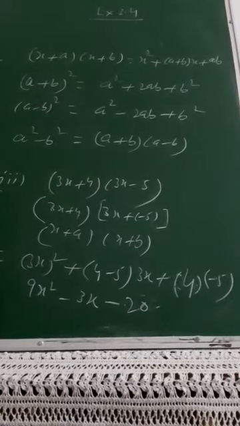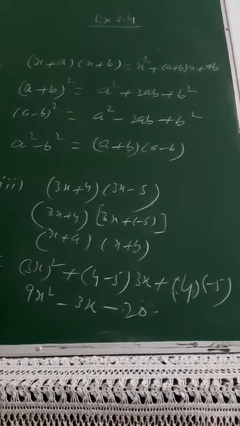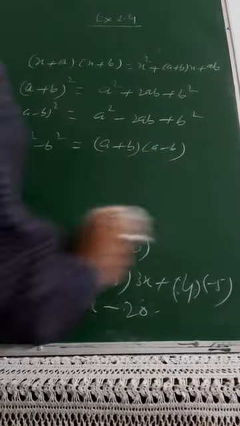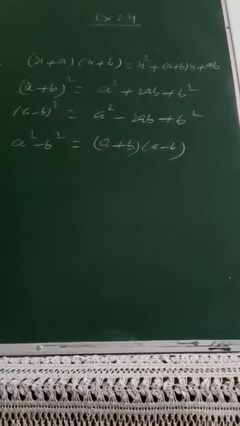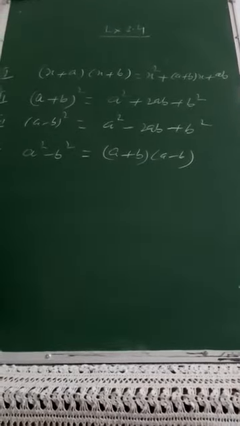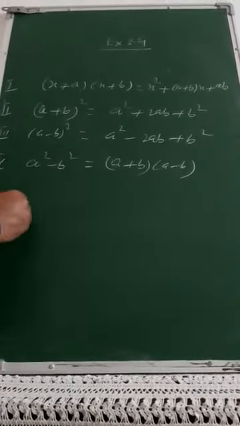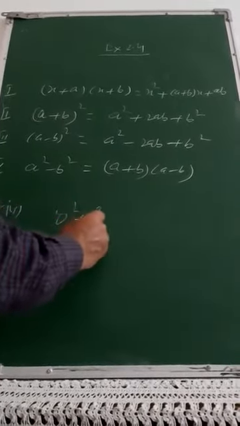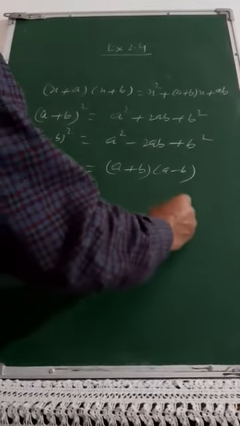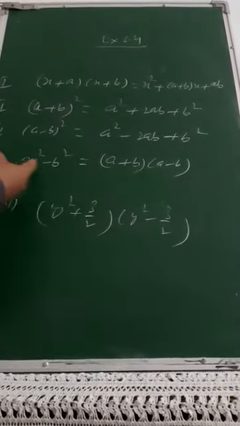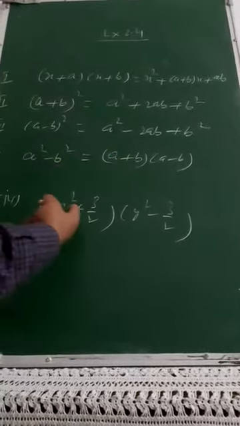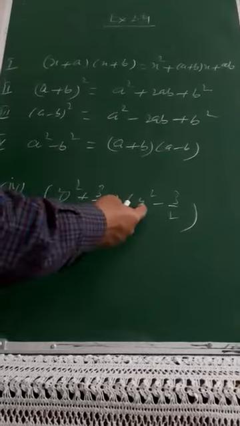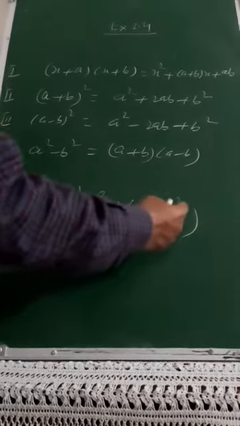Then if it is fifth part, 3 minus 2x into 3 plus 2x, or your fourth part is there. Fourth part also you can see y square plus 3 upon 2. If you check the fourth part of question number 1, it is y square plus 3 upon 2 and then it is y square minus 3 upon 2. Instead we are taking it to a square, a plus b, a plus b. Whatever a in the first bracket, that is also there in the second bracket. 3 upon 2, if b is there, 3 upon 2 b is there.